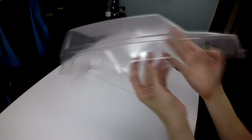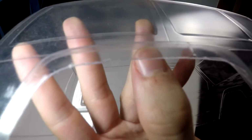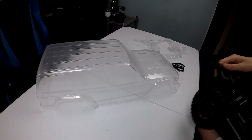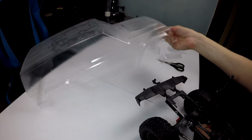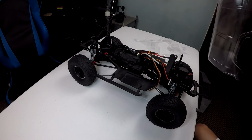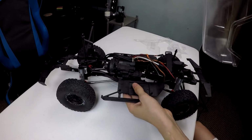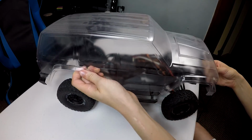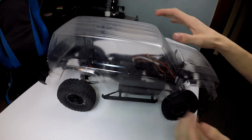All right, so here's where things get kind of funny. I'm so proud of this cutout. I'm like, oh, check this out. We're done. We're ready to go. Time to bust out the rest of the vehicle and see how it fits down onto the thing. So, even though it's not painted or anything yet, I wanted to get an idea of how it would look. So everything looks to be in tip-top shape, and I set her down,